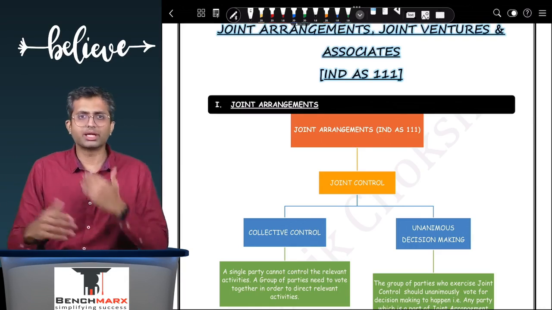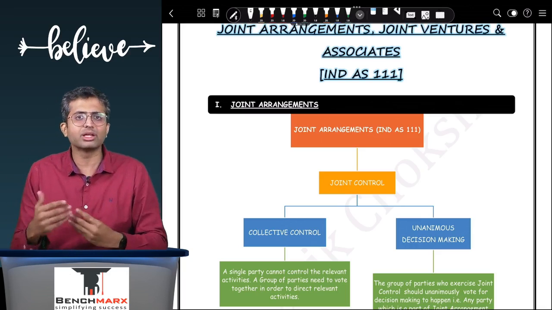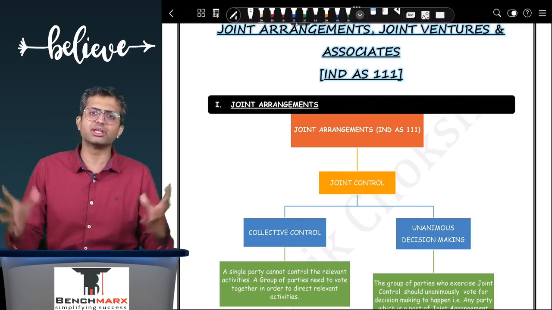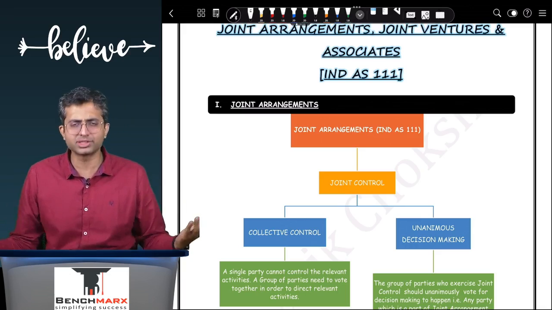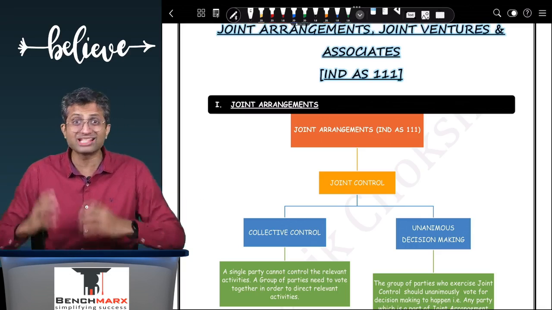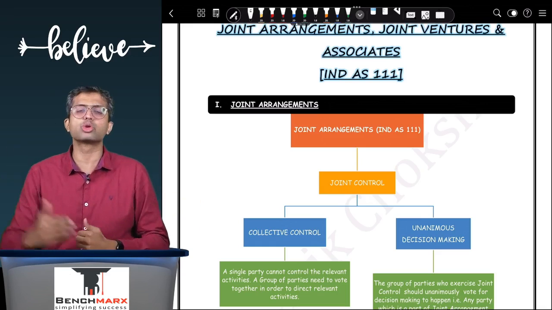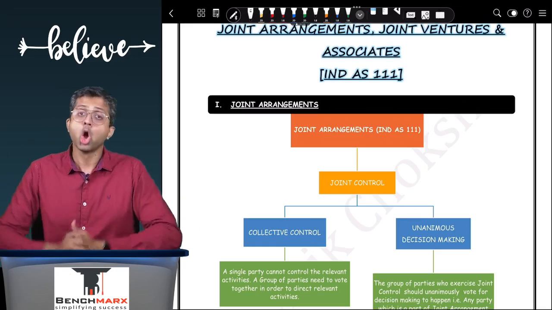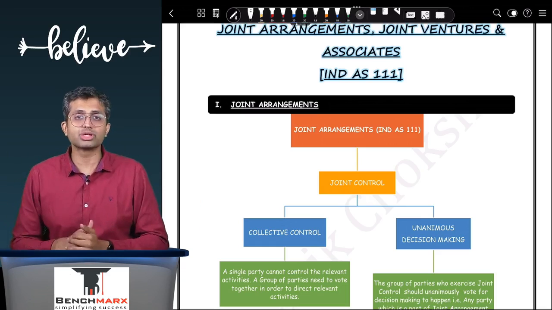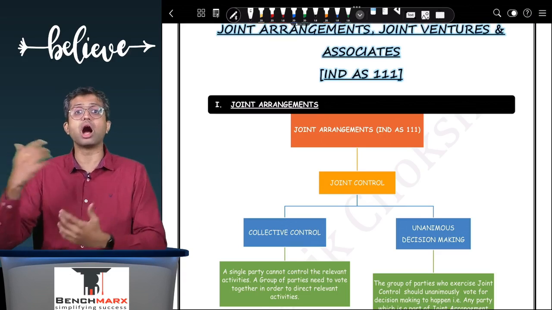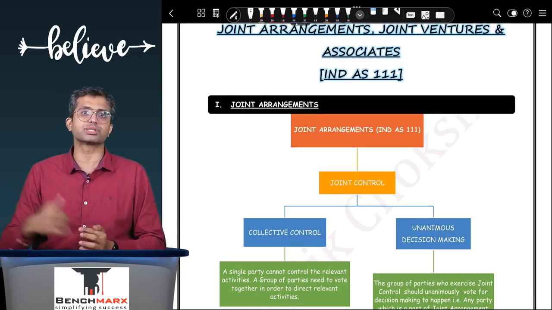Sometimes it might happen that control is implied. You don't even have a separate contract which evidences that. However, you have a 50-50 stake, in which case you have joint control. There is no other possibility other than both the partners voting together for a decision on relevant activity to be taken. Or maybe articles of association sometimes may stipulate a fairly high voting percentage, maybe 75% for decisions to be taken,